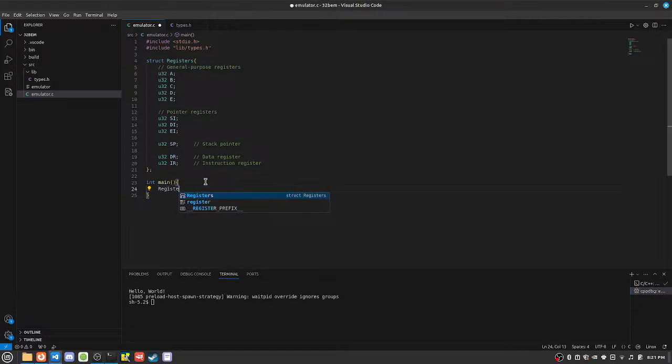let's just say registers.a equals hex 1, 2, 3, 4, 5, 6, 7, 8. That doesn't work. Struct. Ah, right. I forgot how structs worked for a second there. Regs. There we go. Or instead of just regs, let's just do regs because that's easier. And then regs.a equals hex AA,